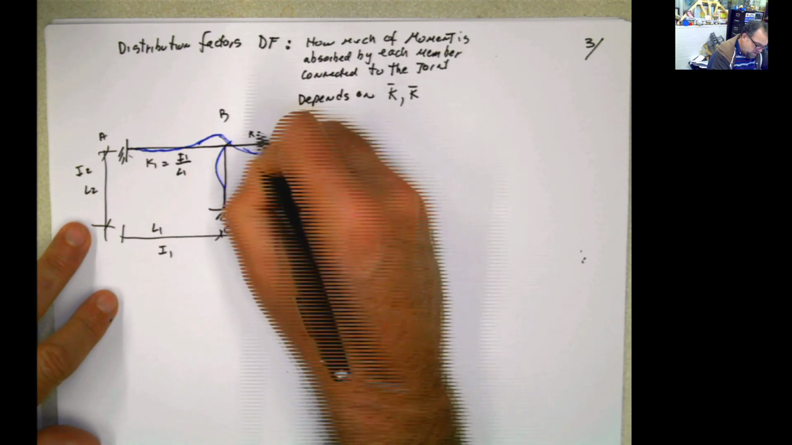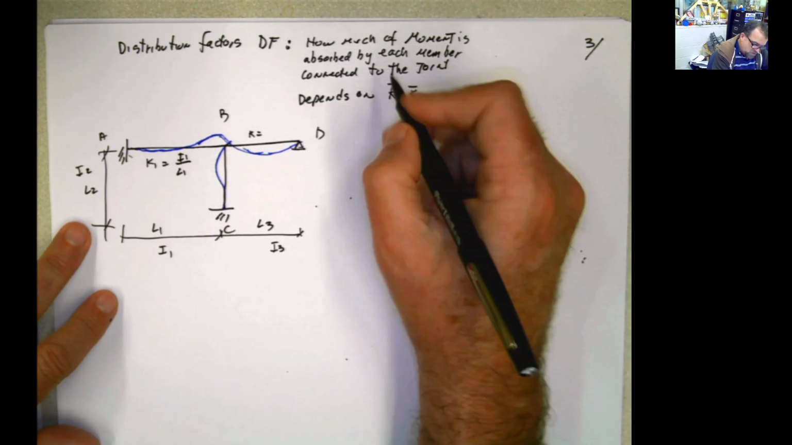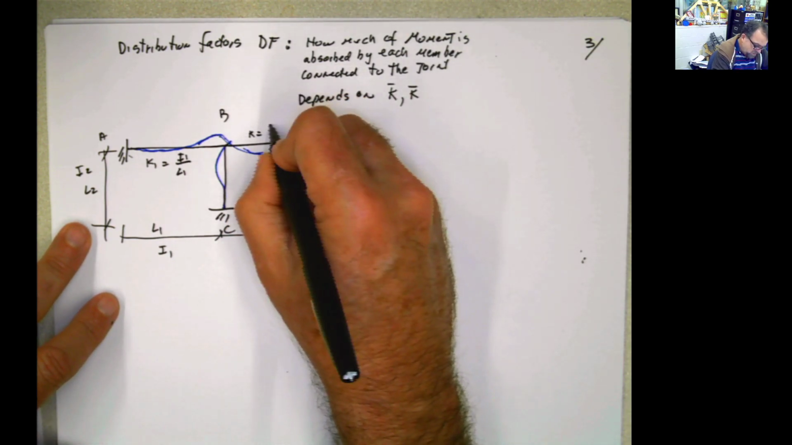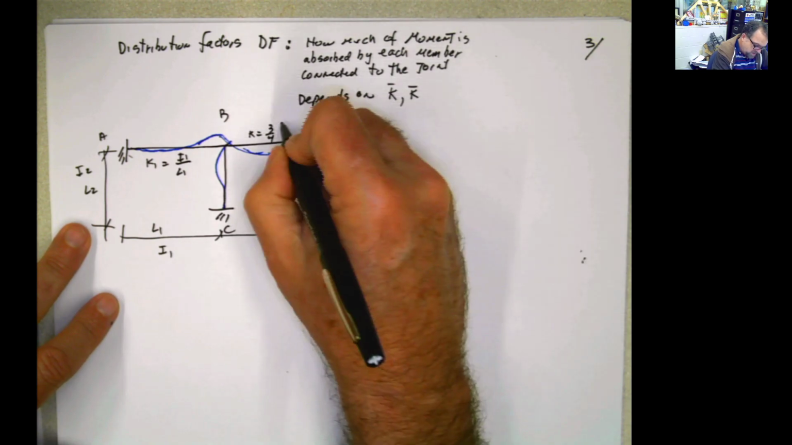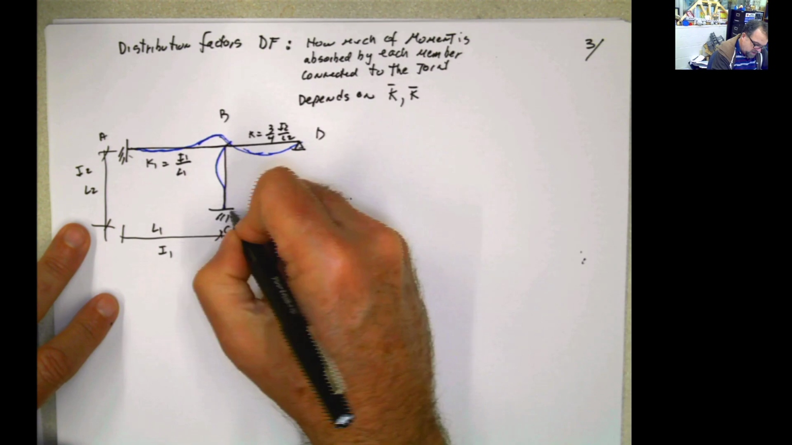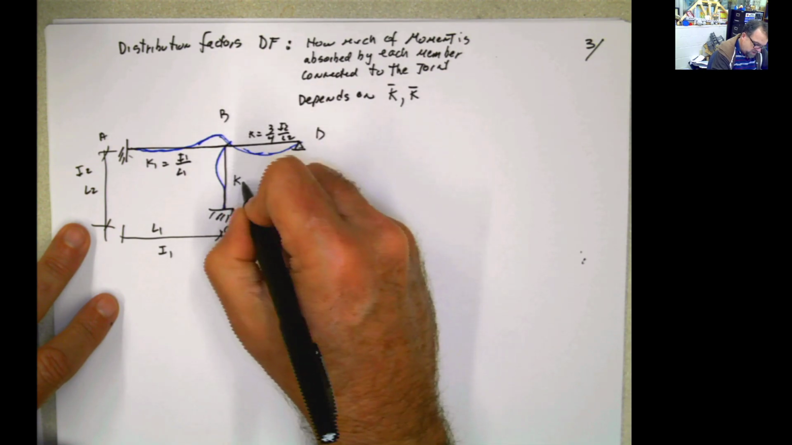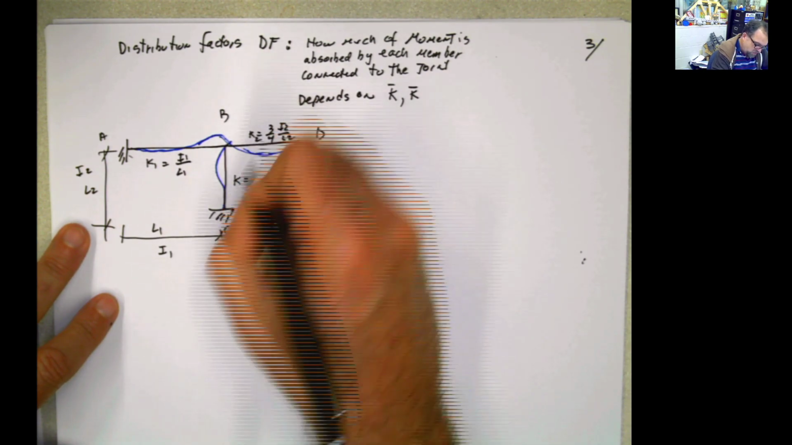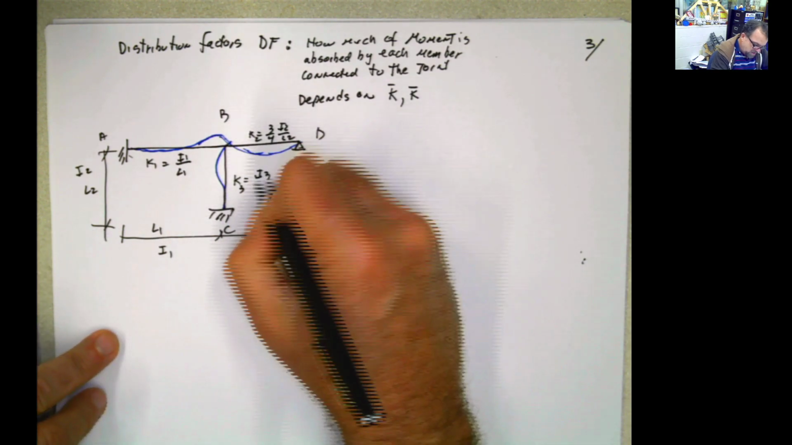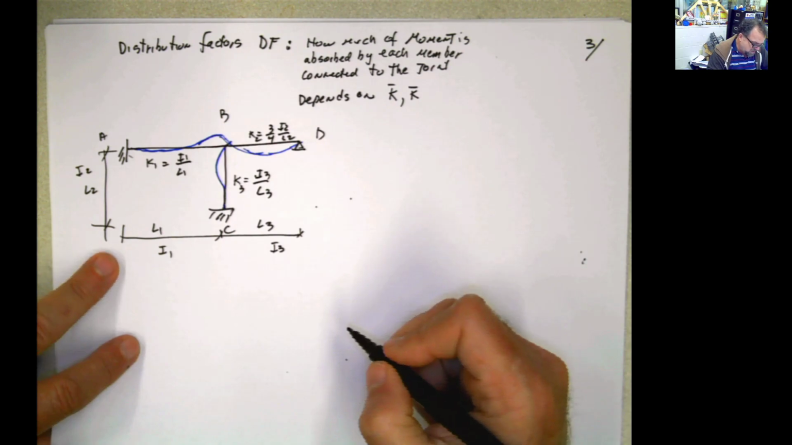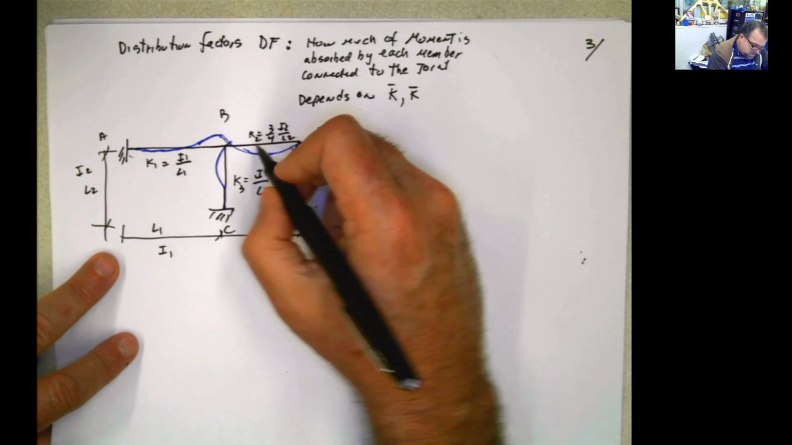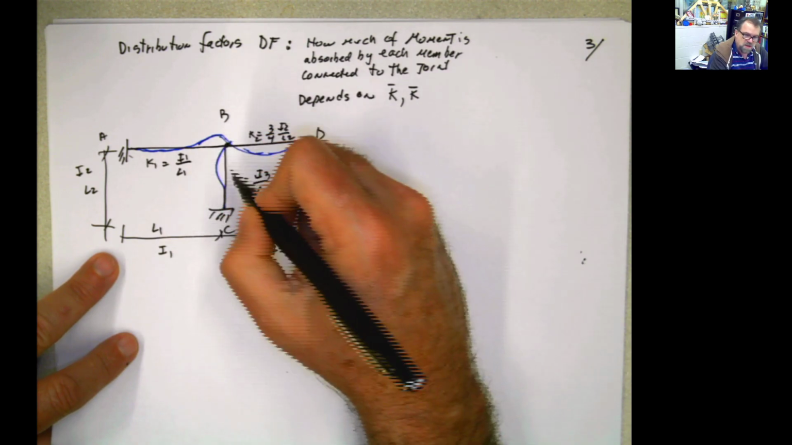small k, the relative one, you can use also the absolute one, but the relative one is going to be 3/4 of I2 over L2, and this one here, the far end is fixed, so K is going to be equal, this is K2, this is K3, it's going to be equal to I3 divided by L3. So then the summation of all the K's is going to give me the total stiffness of that